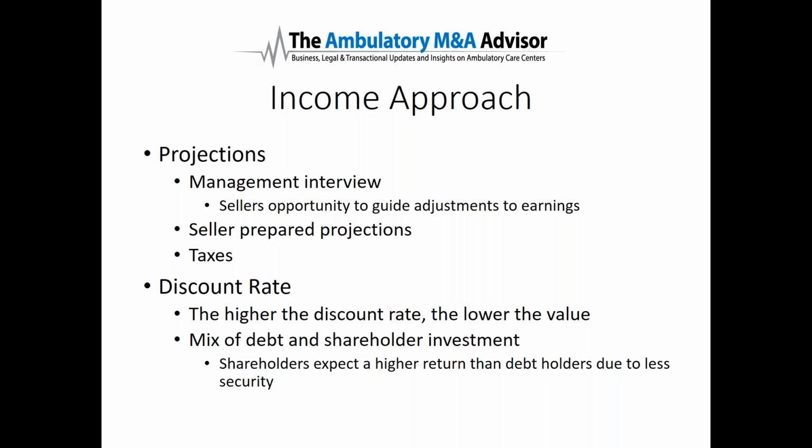And there's other stuff that just may not happen post-transaction. If you're an owner of a business, for example, you may get a deduction for auto expense, or you may have significant long-term disability or life insurance or other items on the books that you might not get now as an employee of the buying entity. So those kinds of things all need to be adjusted. If you made a big investment in EMR, those types of things all need to be adjusted. The easiest way to do that is to have someone like Blayne come in and create a seller prepared projection. That way the valuation expert doesn't have to do it.